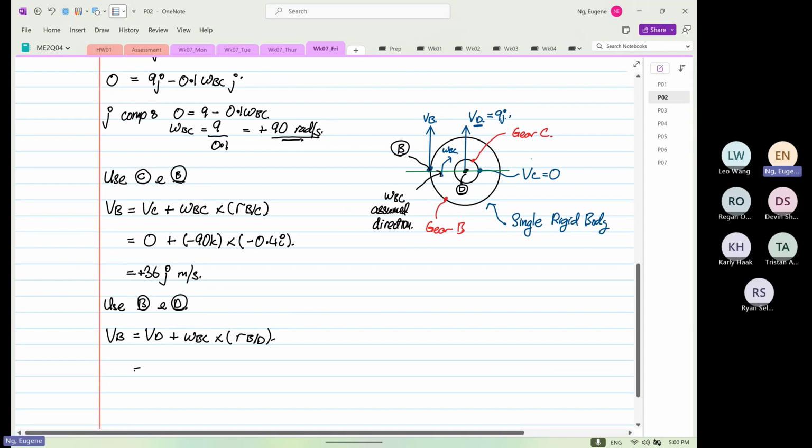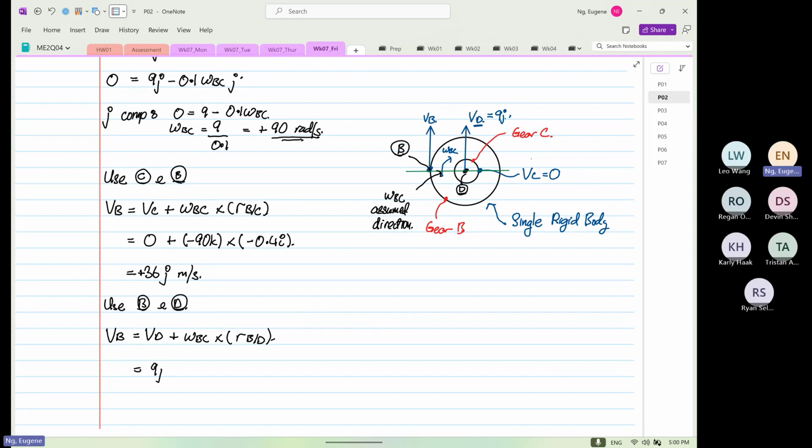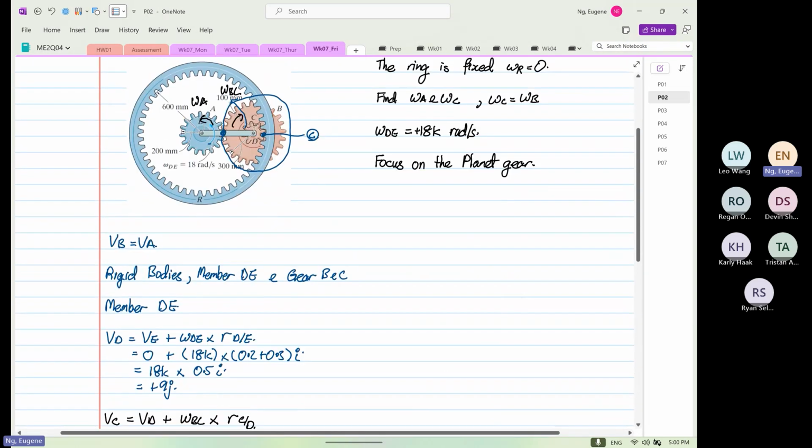So this will be equal, so VD is 9J plus omega BC, still the same, minus 90K, cross RB from point D. Okay, so point D, so we have to look at our dimension. The gear